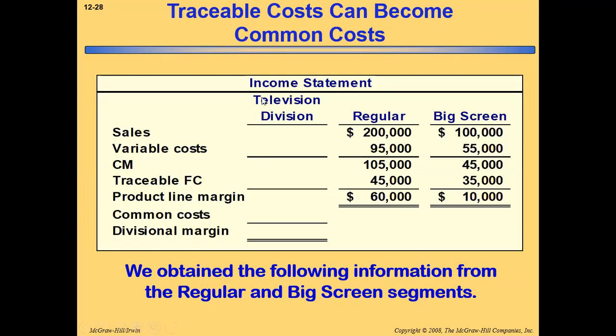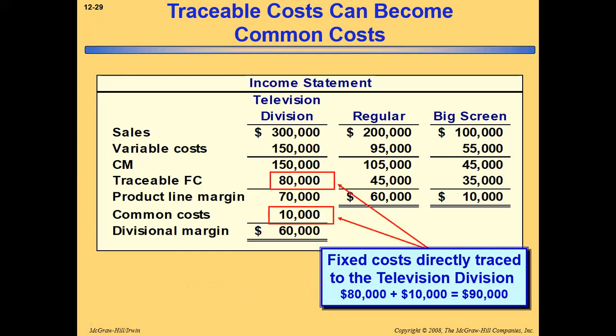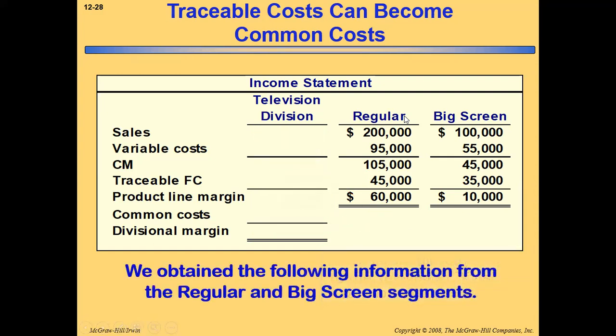Say, television division. This is a television division segmented fixed cost we already explained in the earlier example. Okay, it is 80,000. And the television division has two more segments: one is the regular size and another one is the big screen. So in the case of regular, 45,000 is traceable to regular, and 35,000 is traceable to the big screen. In total, the traceable fixed cost for the television division is